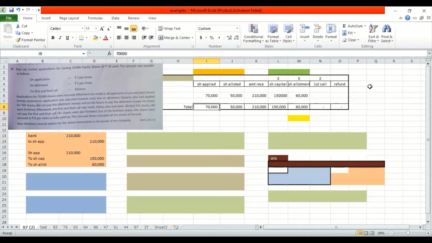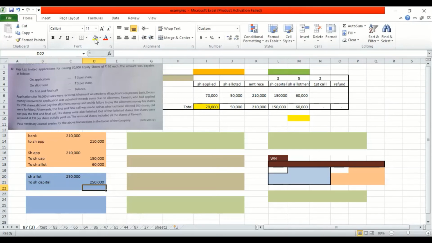Once I do that, I'm going to cross this 70,000 so that I understand the company has got only 50,000 shares, and that is what he is going to ask for, right? So share allotment debit to share capital. This is my due entry. And what is the figure? 50,000 into 5 rupees. Same thing over here. We will write 2,50,000. So that completes our due statement.